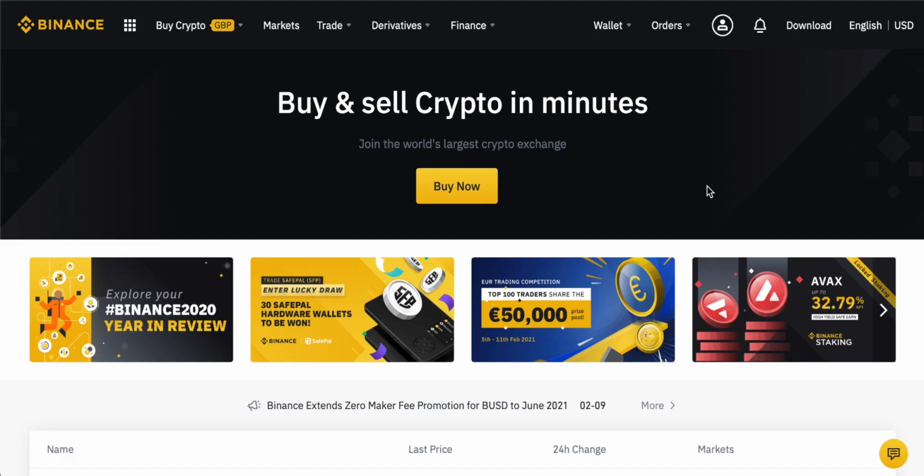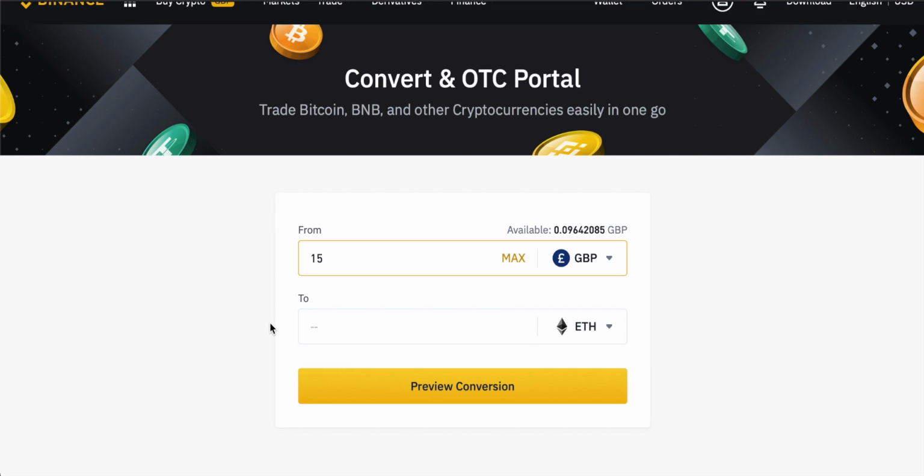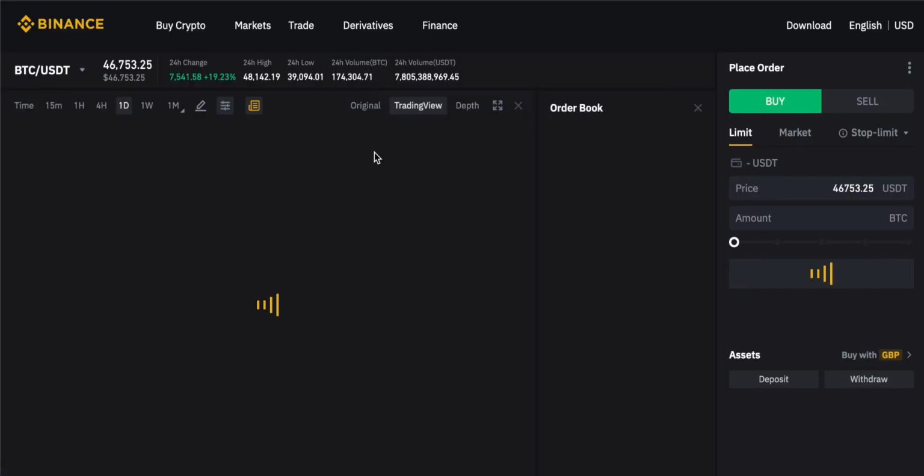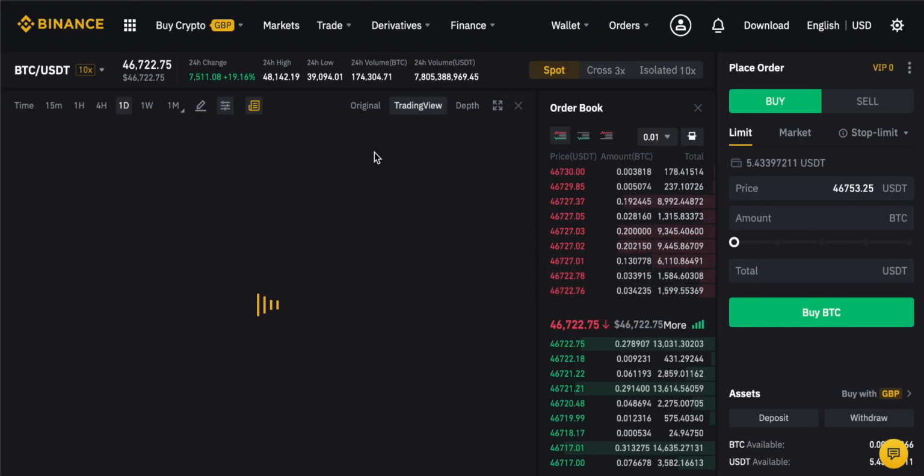This one is how to buy Ethereum on Binance. I'm going to show you very quickly how to set up an account. Then I'm going to go through all of the different purchase methods that you might want to use to buy Ethereum. We can look at the credit card method. Then I'll show you how to deposit funds onto your Binance account to actually go and use the more advanced trading features. We can use Convert, and we can also go onto the advanced trading screen and trade that way.